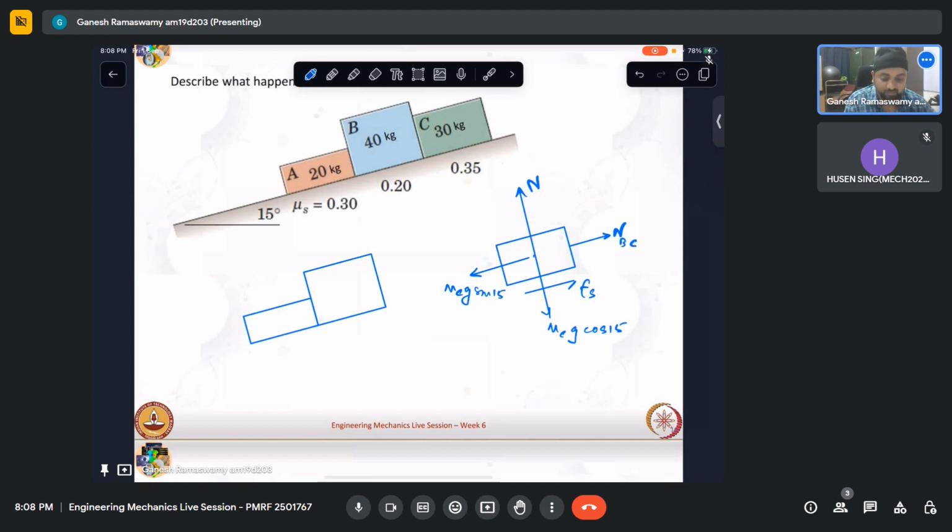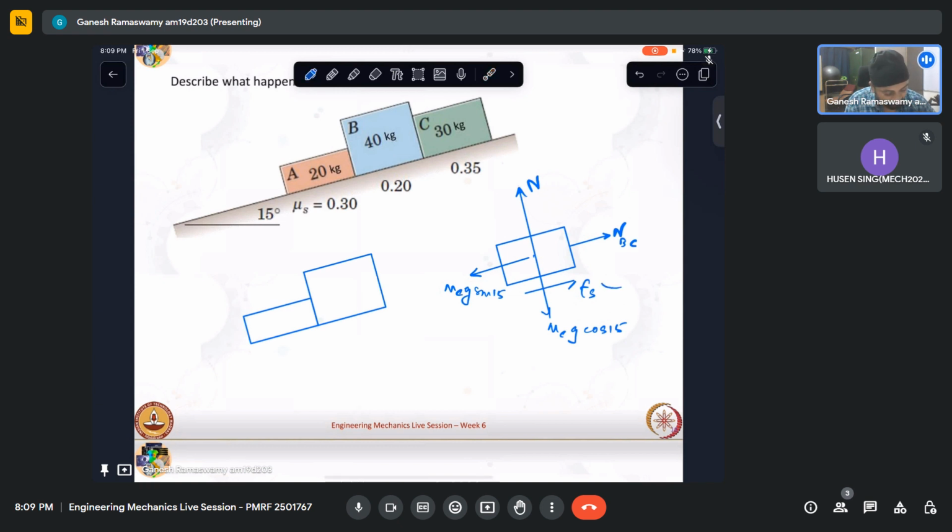How can I do that? These two together have to maintain equilibrium in this direction. Along the plane, there are two forces that need to counteract and create equilibrium. I know one force has a limiting value, which is 0.35 N. This has a limiting value of